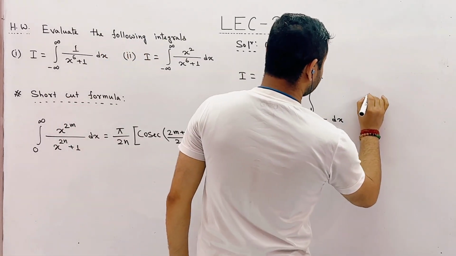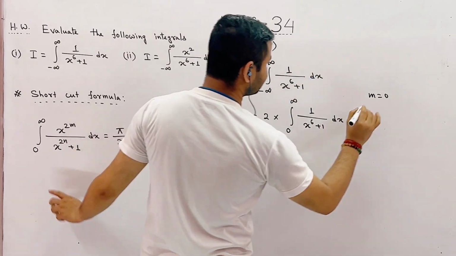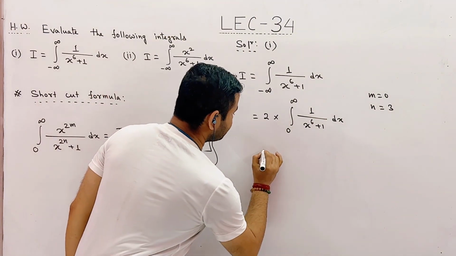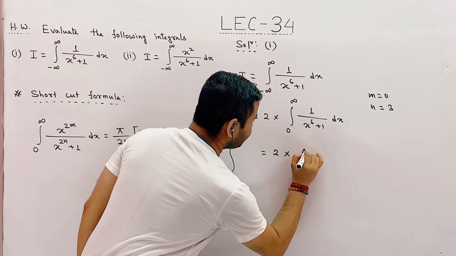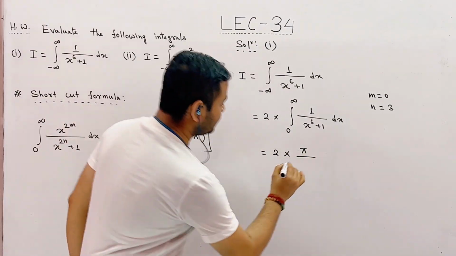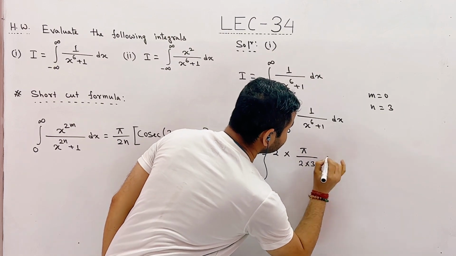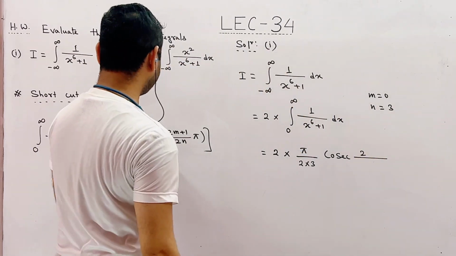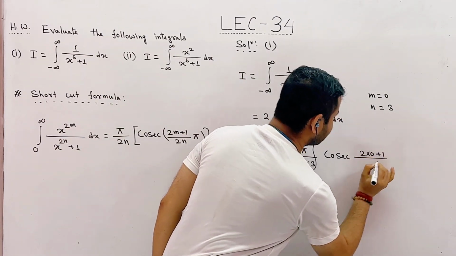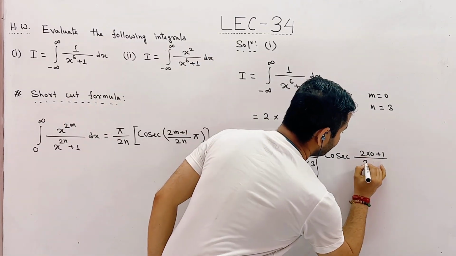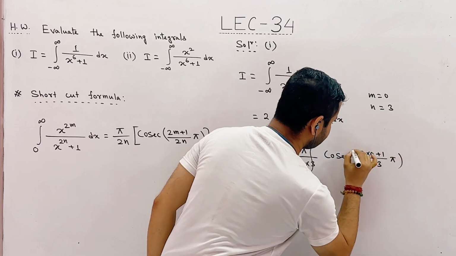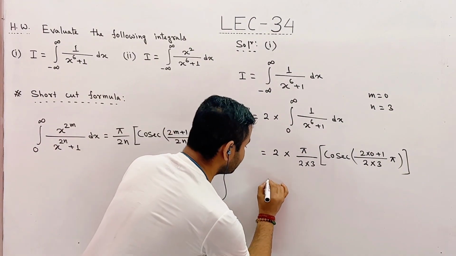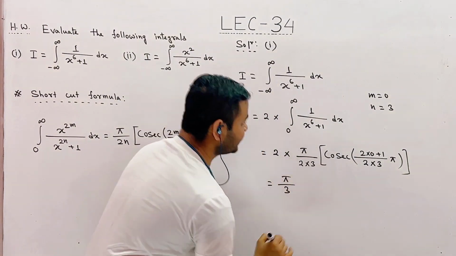For our case, m equal to 0 and n equal to 3. So, let us apply this formula. So, we will get pi divided by twice n, 2 into 3, cosec of twice m, 2 into 0, plus 1 divided by twice n, 2 into 3, pi. So, these two and these two will be cancelled out. So, finally, we will get pi divided by 3 cosec